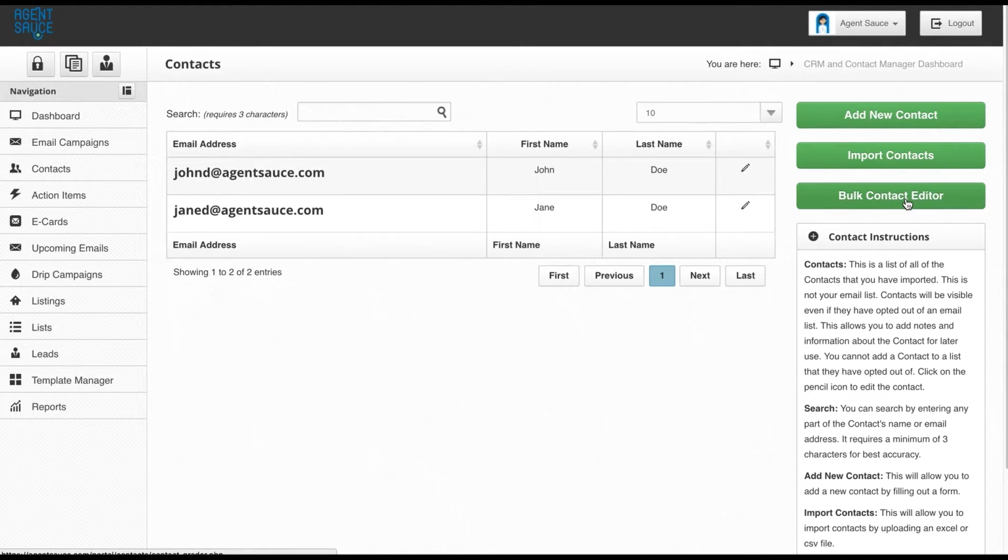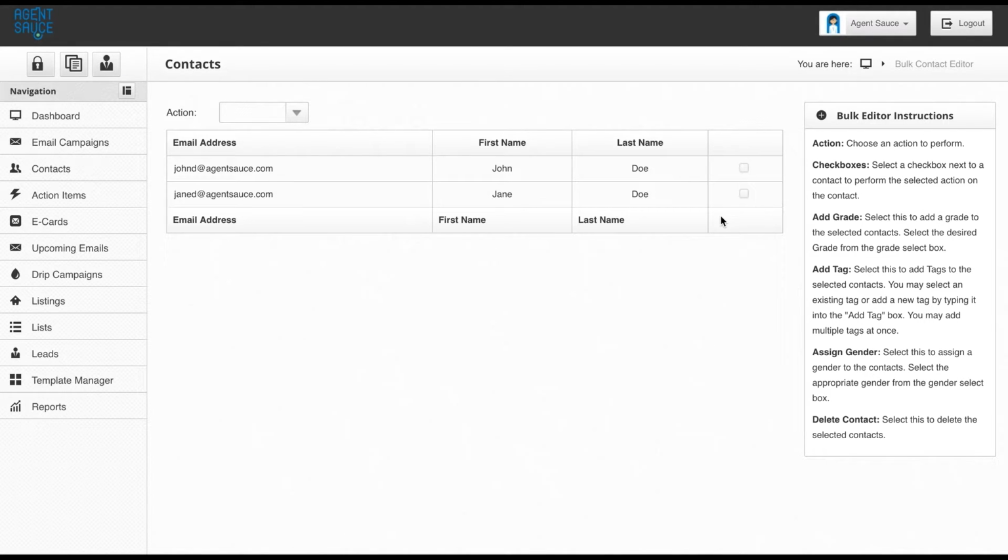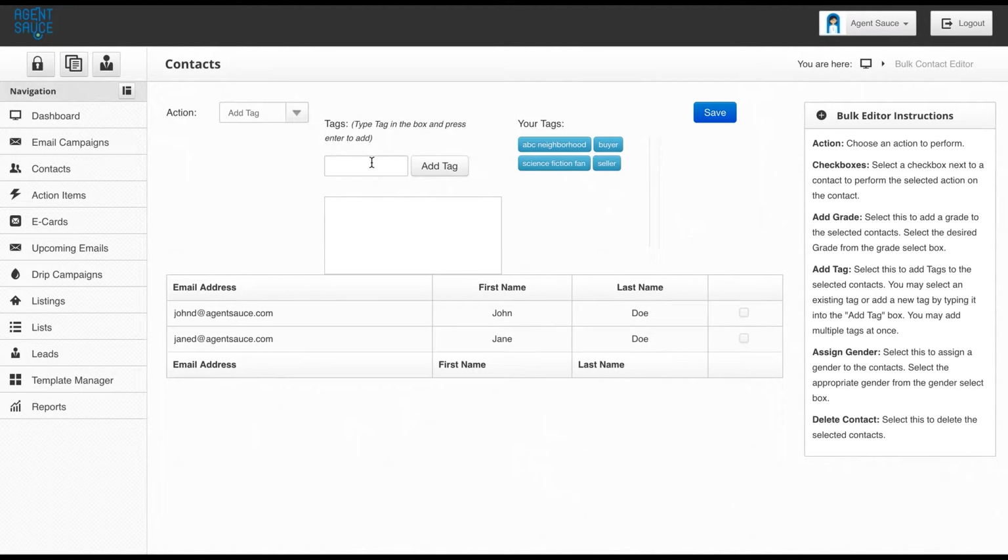tagging. Now, if you've got a lot of contacts, going through and adding them one at a time can get to be kind of cumbersome. So what we can do is we can click on contacts, and then over here on the right hand side there's a bulk contact editor. We can just hit that and it will list all of your contacts, and you can select action, add tag, and you could select from your already existing tags here, or you could add a new tag just by typing